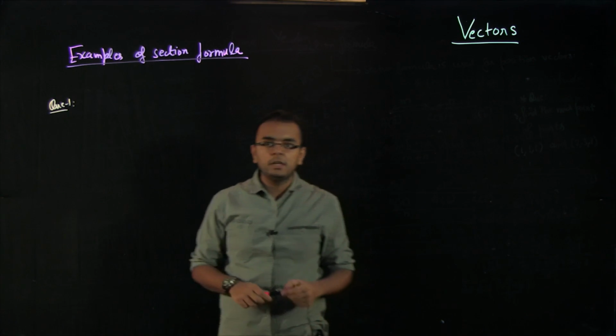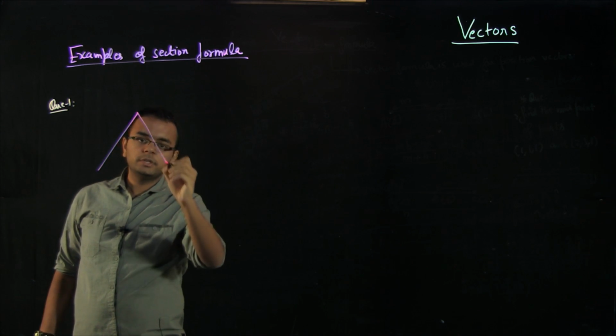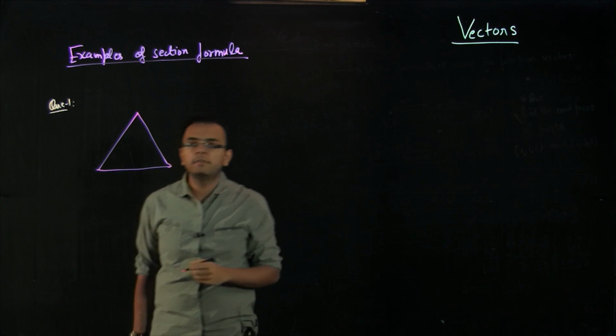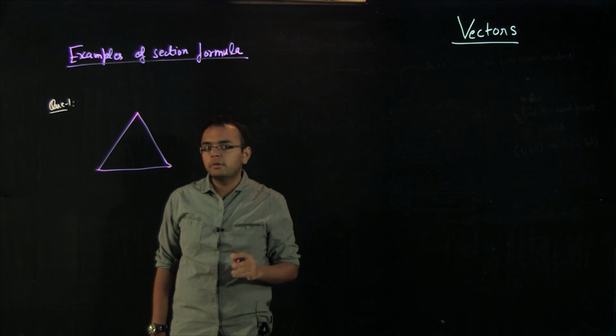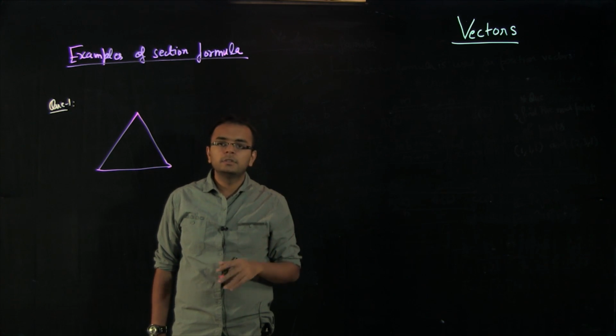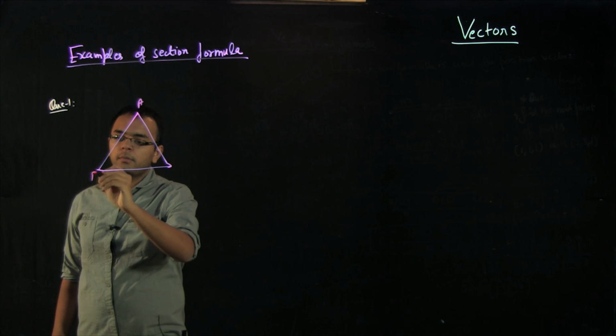The kind of questions which generally come in section formula are like this. Generally they have a triangle. It is not necessarily that they will have a triangle, but generally they will. And today I'll just be talking about triangles. There are very few problems of some other geometries, but they may exist. So let us start with the problems which we see in a triangle. And the problem says that